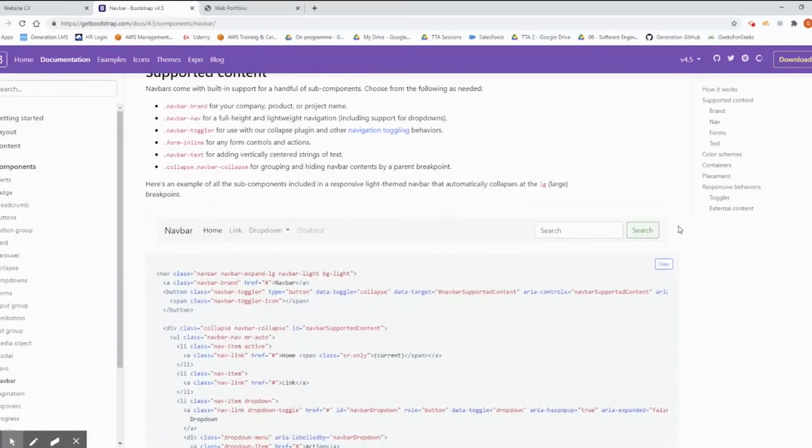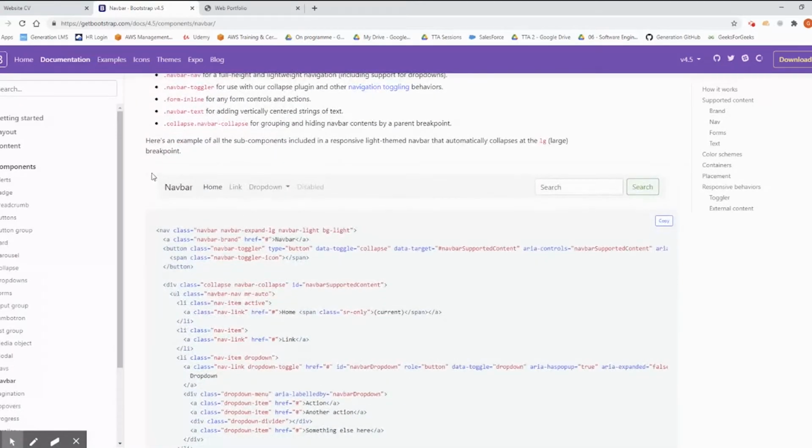All pages generally will have a navigation. And so if we take this one here as an example, copying this particular code directly underneath will actually allow us to create this by just pasting it straight into our code. And the way that that works is that when you use Bootstrap and you include the links that we started with at the beginning, you're including a certain amount of CSS styling and JavaScript and jQuery control,